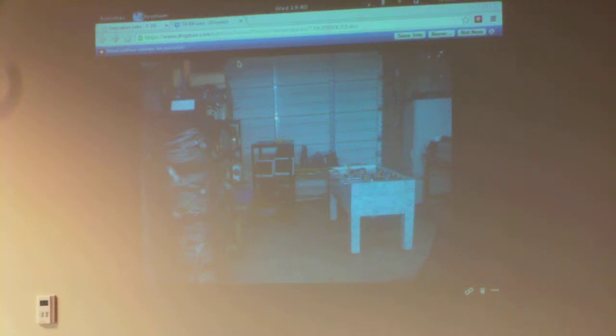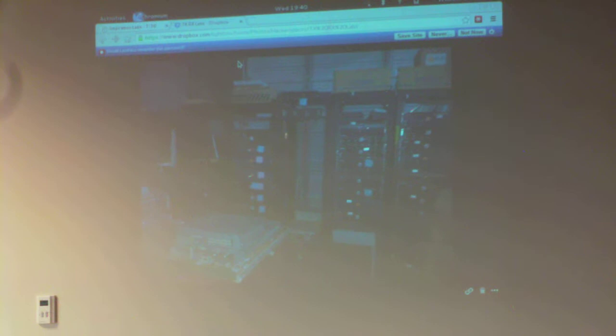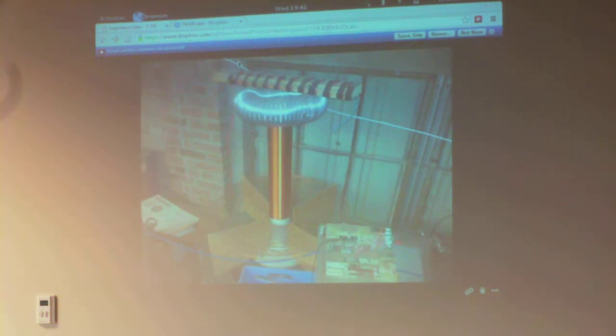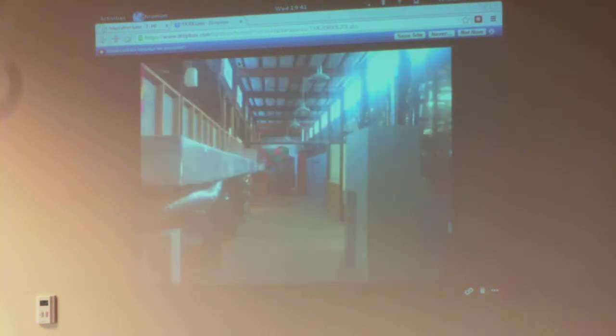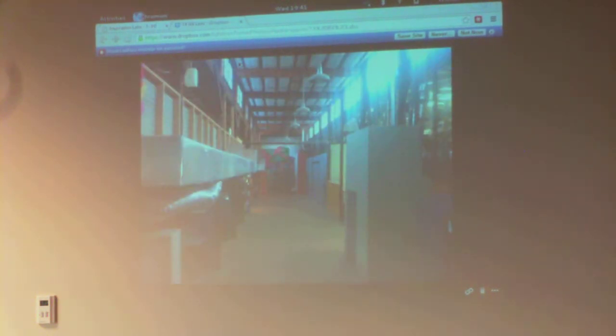It was getting pretty dark, so I didn't get too many good pictures from my phone. A bunch of old server racks, which I had fun exploring through. A nice giant Tesla coil that someone built and just left in the corner. This is probably a decent picture of just how far along it is, and this is just the air-conditioned side